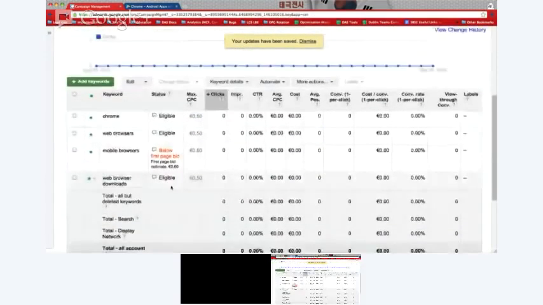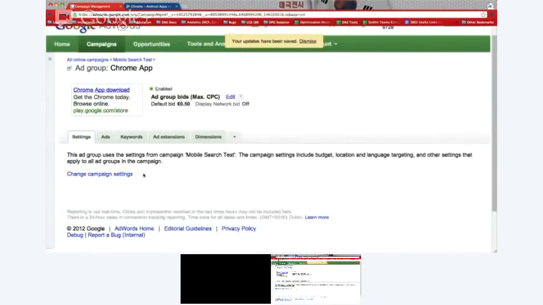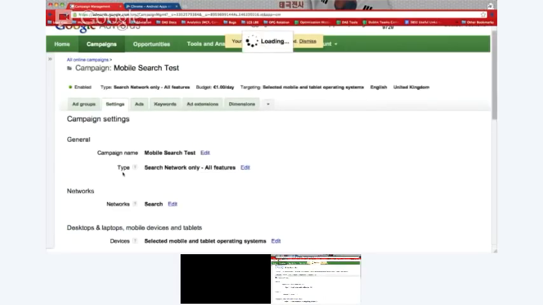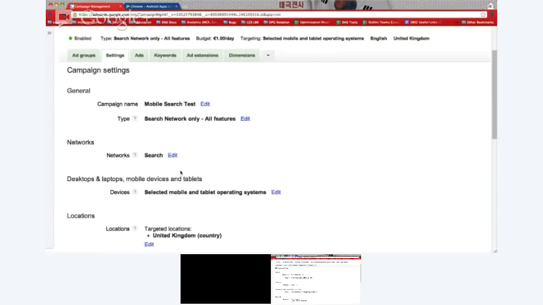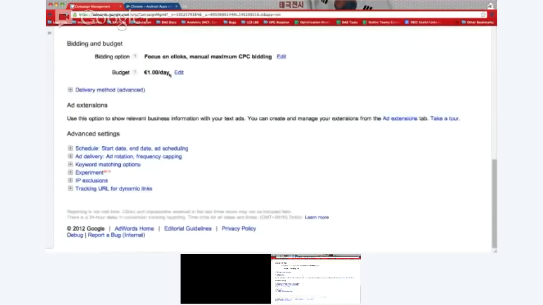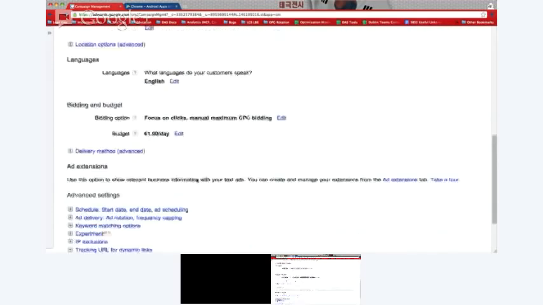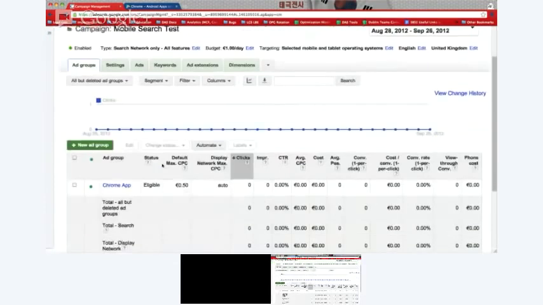So you can see now I have these keywords, which are going to show on mobile and tablets. Again, I'll just show my campaign settings again quickly. So it's all features on the search network, search, selected mobile and tablet operating systems. And again, I'm targeting just Android, and then targeting the UK. And that's my campaign. And if you go back to ad groups, you can check, okay, this is my ad